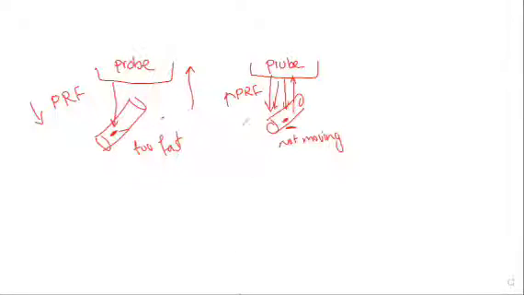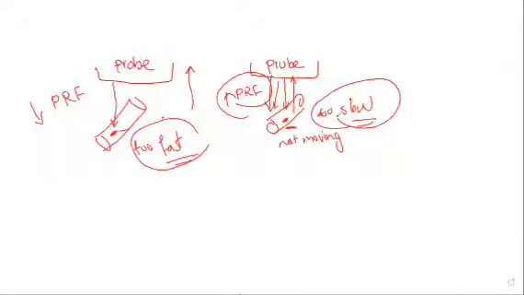So what should we do? We should adjust the BRF to the velocity of the blood, so that it's not too fast and it is not too slow. Here the RBCs was too fast, and here the RBCs or the blood was too slow. So we have to adjust it in order to make it equivalent or balanced or related to the velocity, so that we can capture it as such.